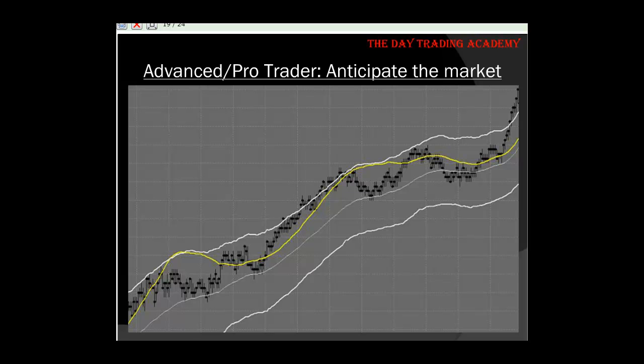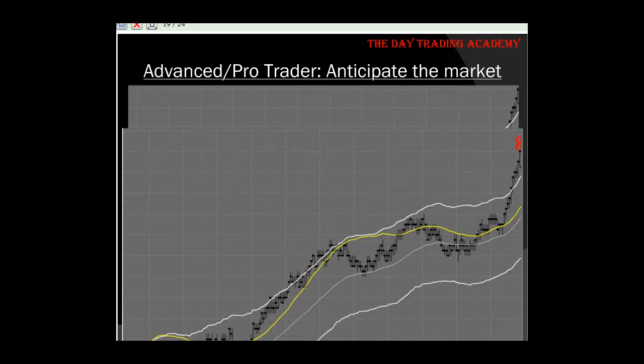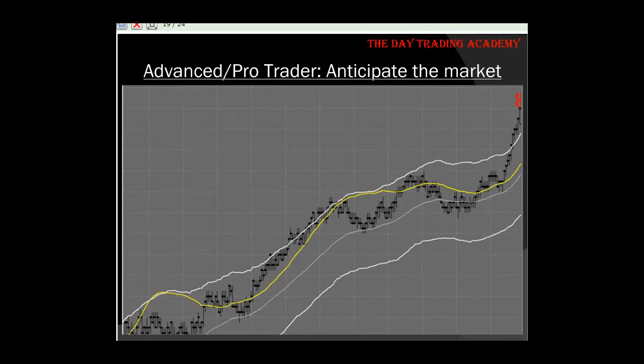So to take a short here would be very, very aggressive. And this thing may go in a straight line, right? A straight line for 20 points. So the idea here is that by understanding the market structure, understanding exhaustion patterns, understanding that the market is really just people like you and me buying and selling, we're going to be able to understand when to get in and get out.